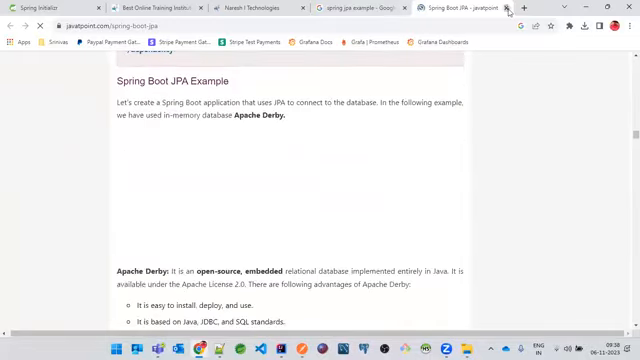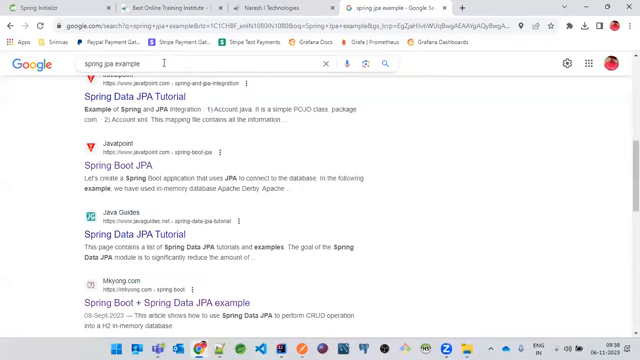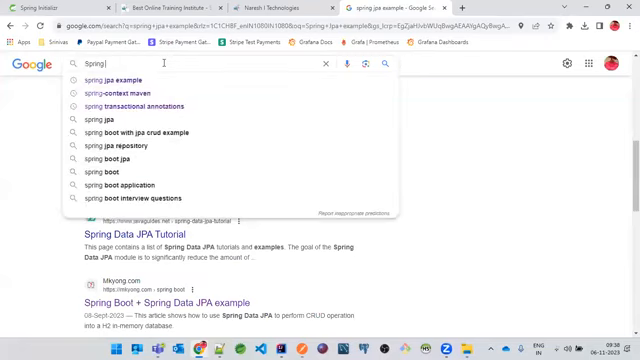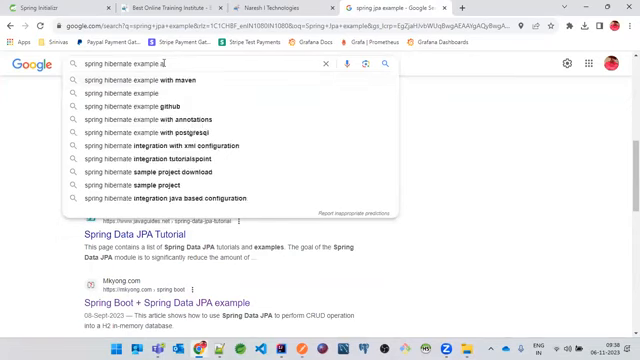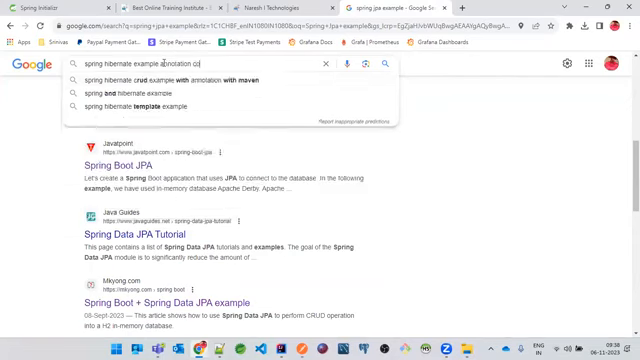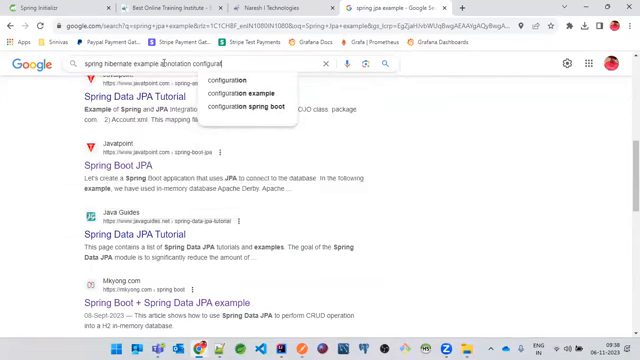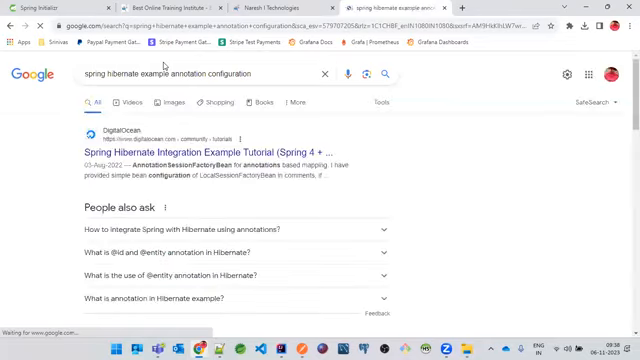Okay, they are actually using Spring Boot Starter. I just wanted to get a Spring Hibernate example with annotation configuration. So what happens if you are not using Spring and wanted to use Spring Boot? Okay, so if you see this,